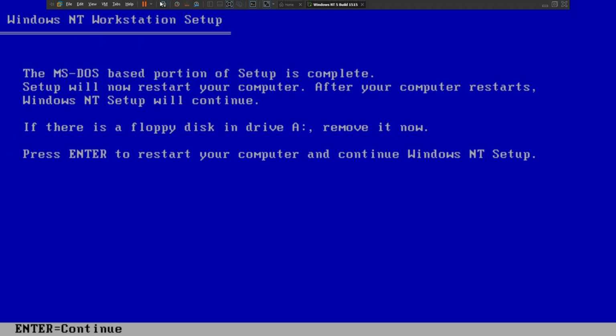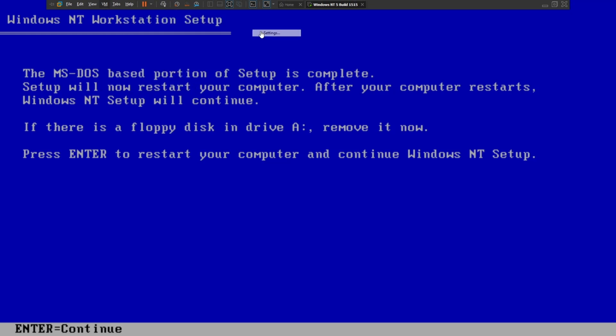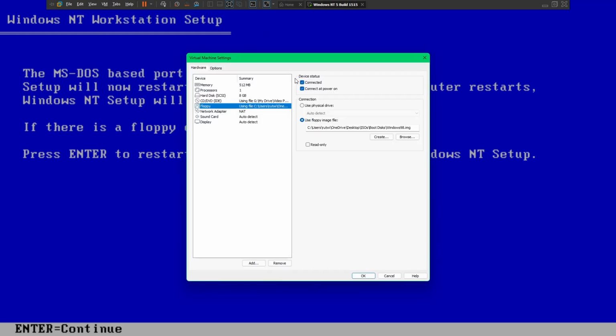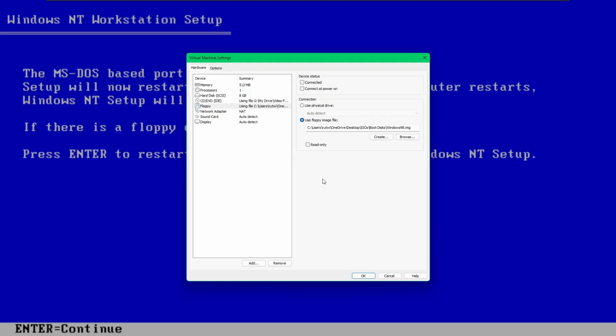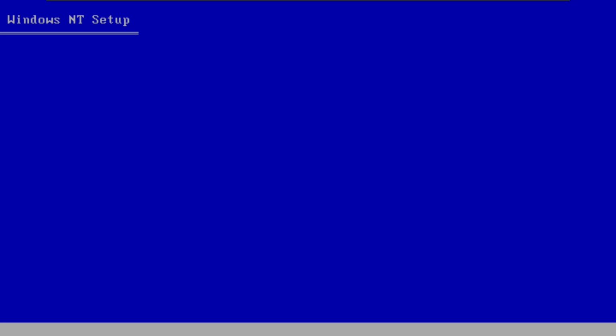So now that this is done, you want to go to removable devices, go to your floppy drive settings, and uncheck connected and connected at power on, because it says to not have the disk in when you restart the computer. So you want to press enter to restart the computer, and as you can see, it is booting up into the